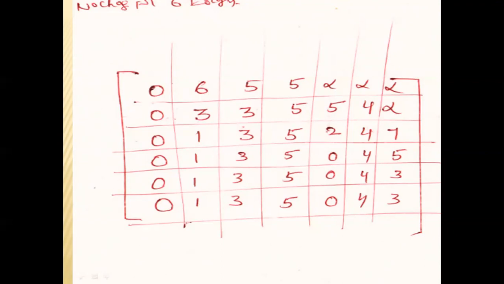1 to 5 is infinity, which means there is no path by using a single edge. That is, in the given graph, there is no path by using a single edge. So 1 to 5 represents infinity. The shortest path by using 2 edges is 5. The shortest path by using 3 edges is 2. The shortest path by using 4 edges is 0. Next, there is no shortest path by using 5 edges or 6 edges.